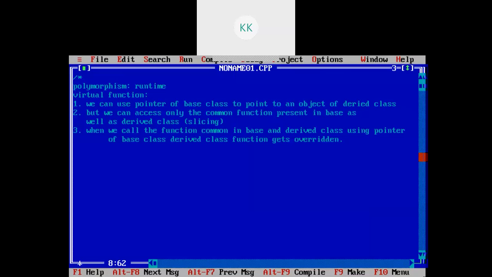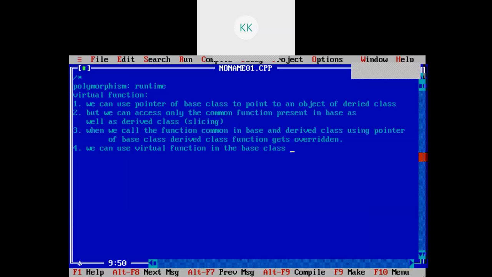So to overcome this problem, we can use virtual function in the base class, right?